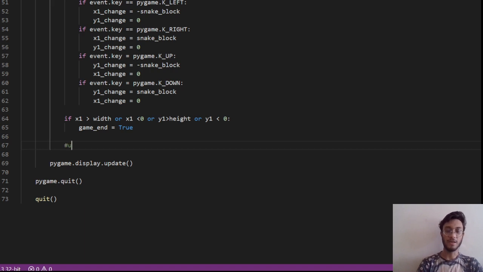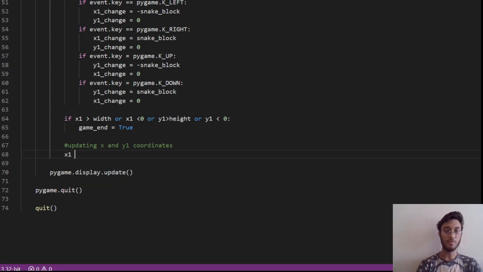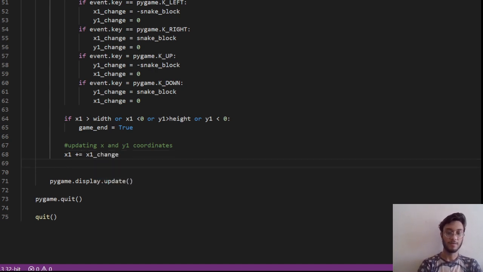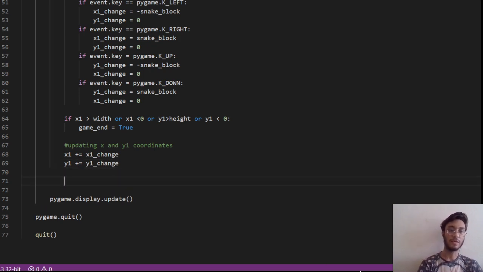So for updating the coordinates, we are just going to increment the x1 value by x1 change and y1 by y1 change. In this way, we are going to increment x1 and y1 values.